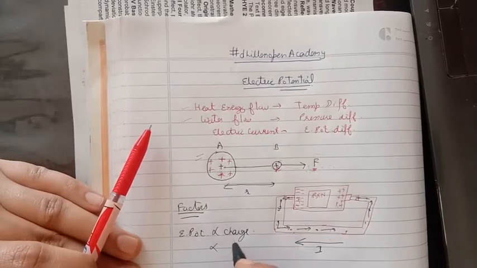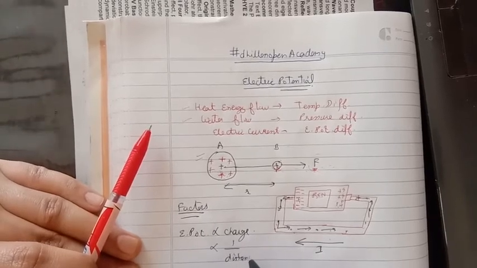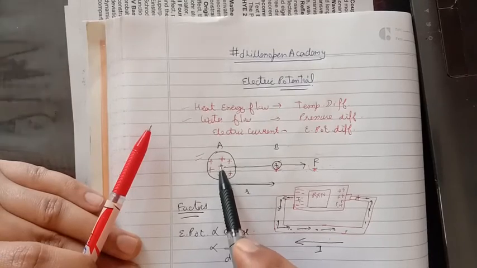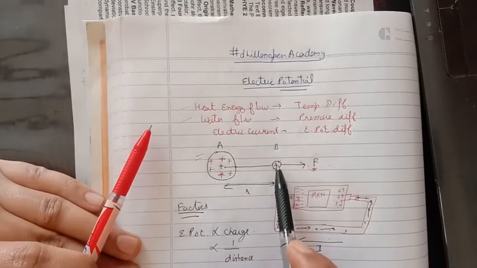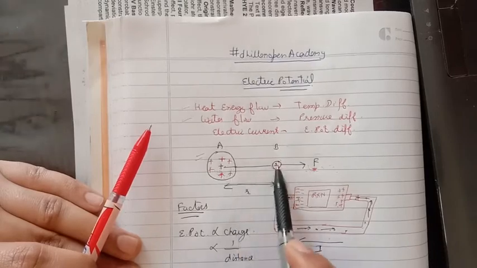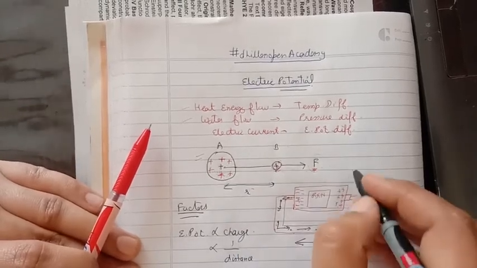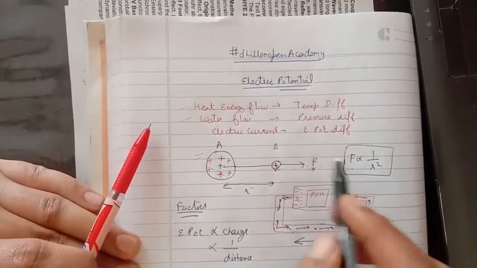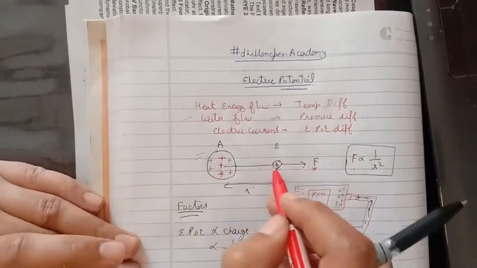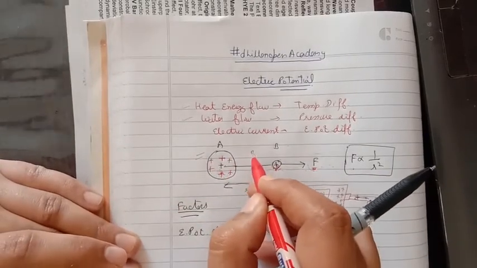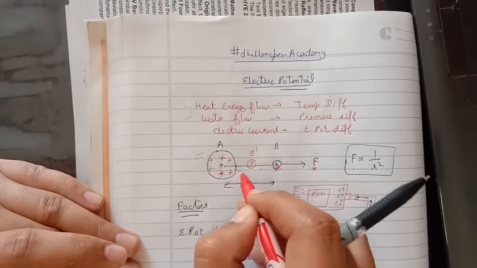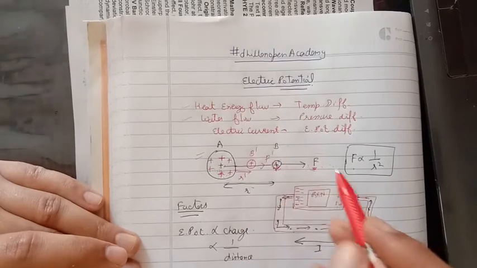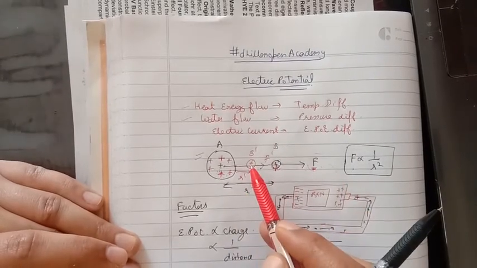And second, it inversely depends upon the distance between the charge and the point at which we are calculating the potential. If this distance is decreased, we know from Coulomb's law that the Coulomb force is inversely proportional to the square of the distance. So if the distance decreases, the repulsive force increases. So if B is placed not here but at this new position B dash, then due to the decrease of the distance R dash, the value of the force F dash will be greatly increased. So the amount of electric potential will also be greatly increased.